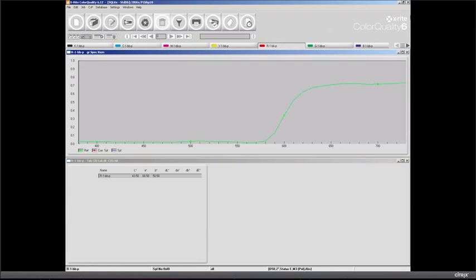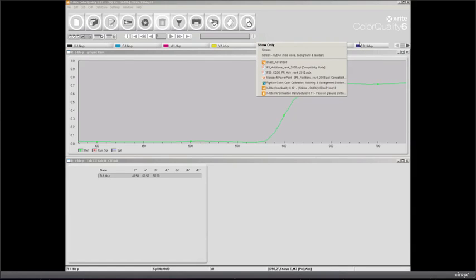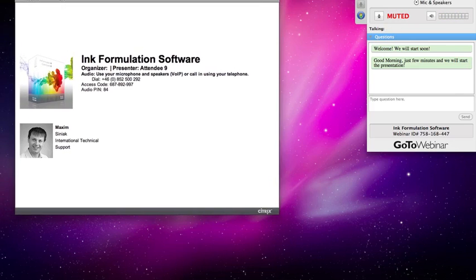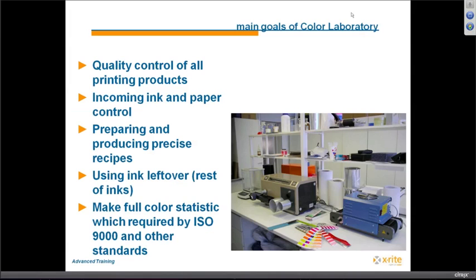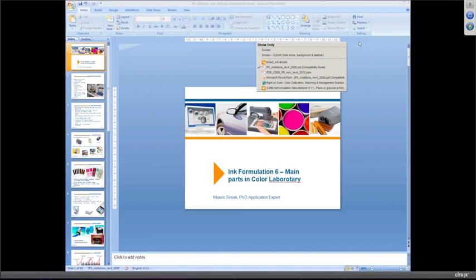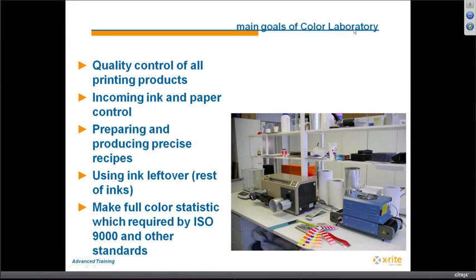Okay, now several words I would like to tell you about just before we close the session. I would like to tell you several words about the laboratory equipment, just briefly. Once we think about the ink formulation itself,